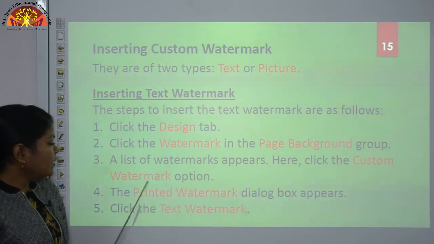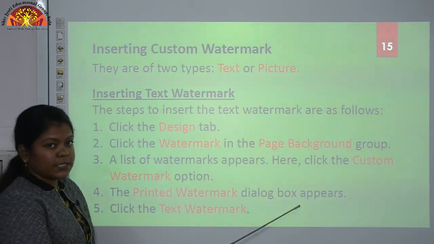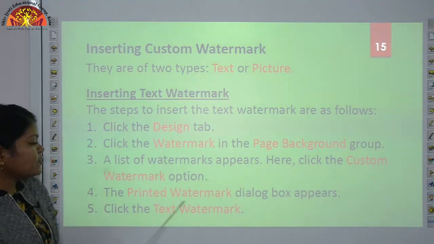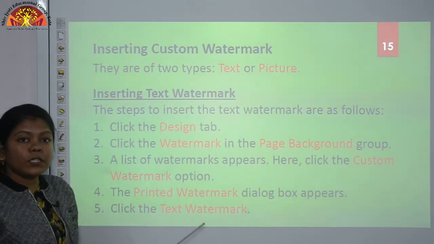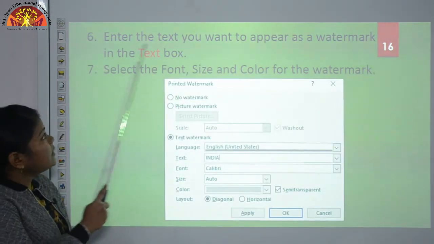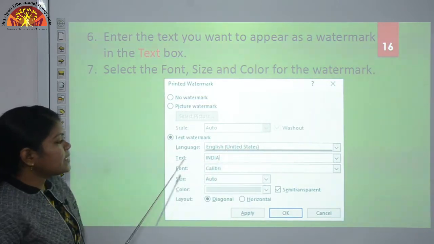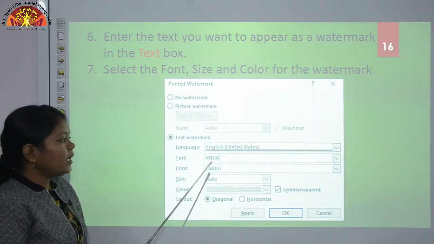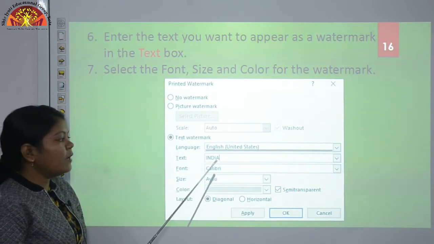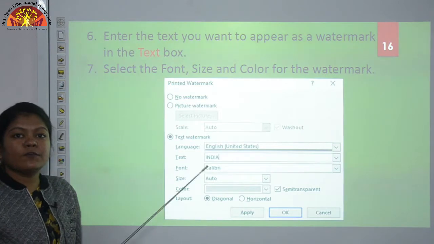Next, the printed watermark dialog box appears on your computer screen. Next, click the text watermark. So now we have to click on the text watermark. Next, enter the text you want to appear as a watermark in the text box. Here you can see students, this is your text box. Okay, here I have written India because I want the word India to be inserted as the watermark in